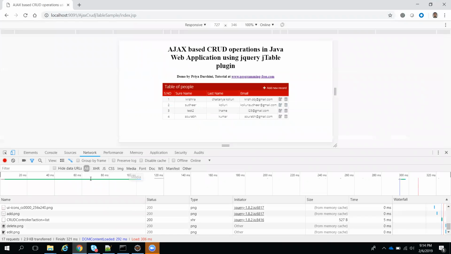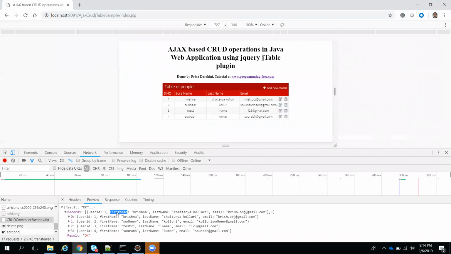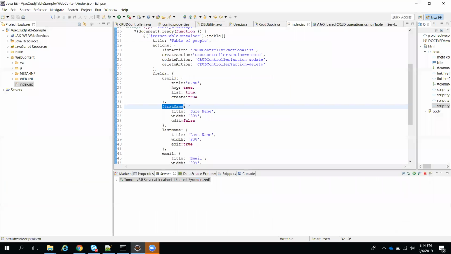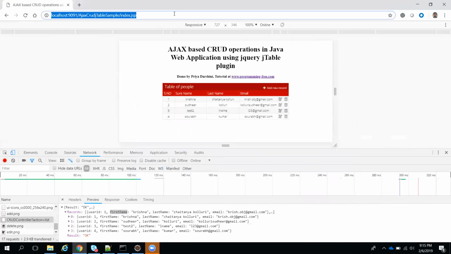I showed you the response. Where is our response? Here. If you see, this column name is first name. Suppose you change first name, instead of first name, if you give something other than this column, for example, I will make it as name. It won't work. Why? Because there is no column name inside the JSON data. If you observe here, anywhere name is there, only last name, first name, and one more key, email and user ID. So there is no key called name. So when you refresh this one, it will fail now.